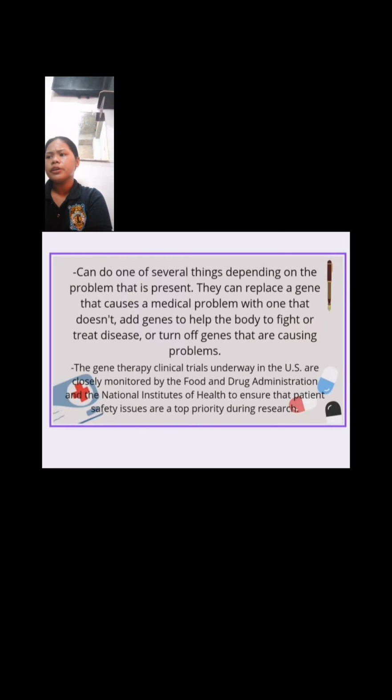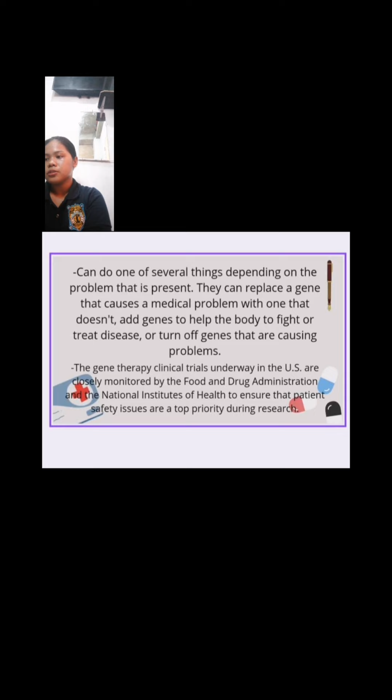So when you target the wrong cells, viruses can affect more than one type of cells. So it's possible that the altered viruses may infect additional cells, not just the targeted cells containing mutated genes. So if this happens, healthy cells may be damaged, causing other illnesses or diseases such as cancer. And the other one here is infection caused by the virus. So it's possible that once introduced into the body, the viruses will recover their original ability to cause disease. And we have here